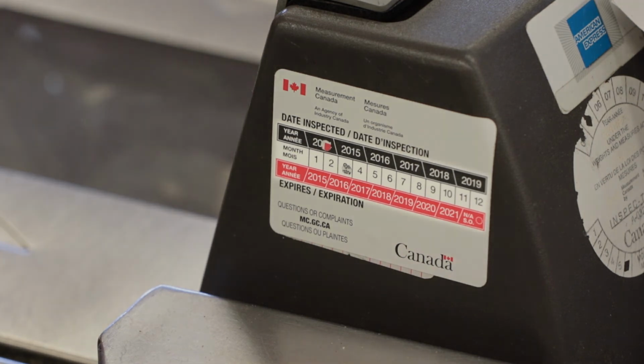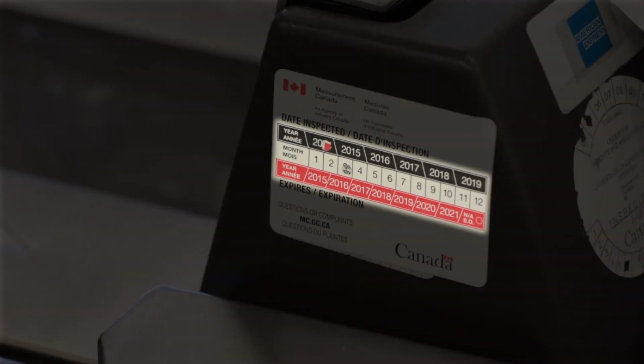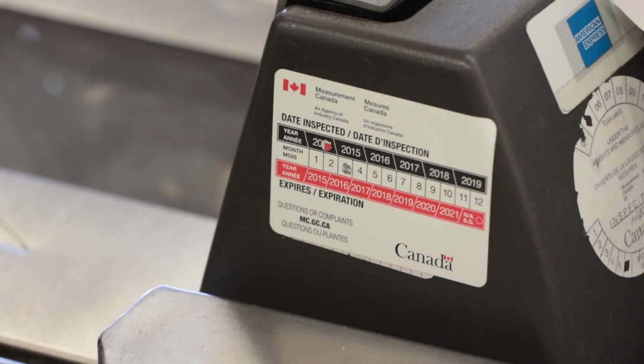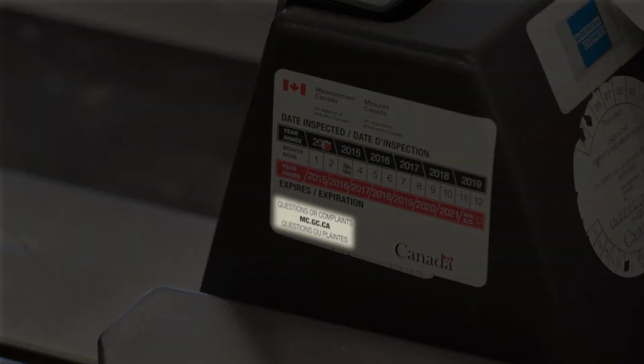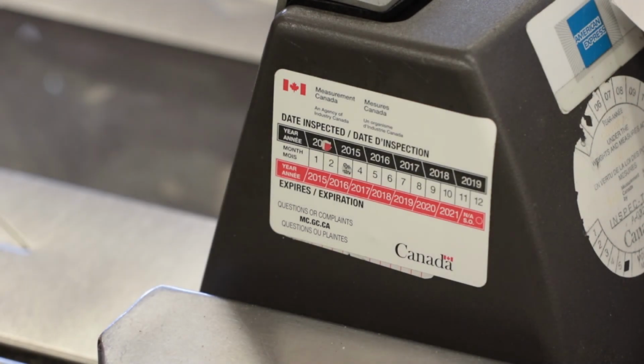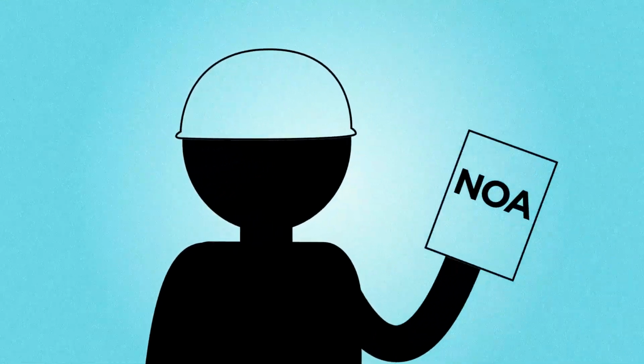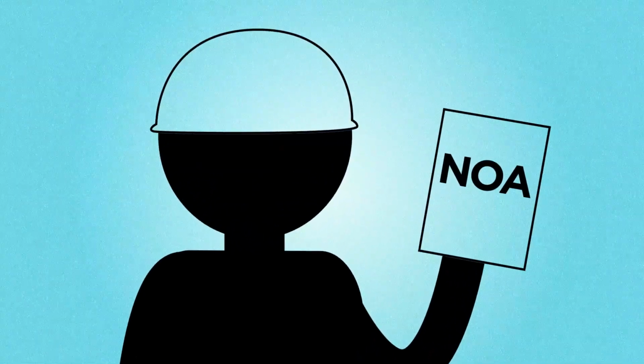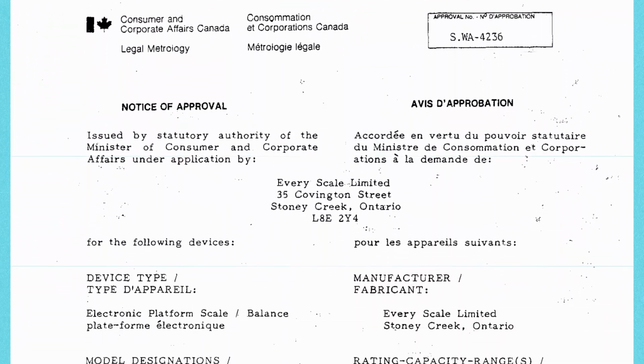Inspection stickers also provide information on recertification dates where applicable, and the web address for Measurement Canada is also visible. More information on examination stickers is available further on in this presentation. Suffice it to say, an inspection sticker is not a seal. As previously mentioned, information specific to devices is included as part of the Notice of Approval. The NOA is always the first point of reference.